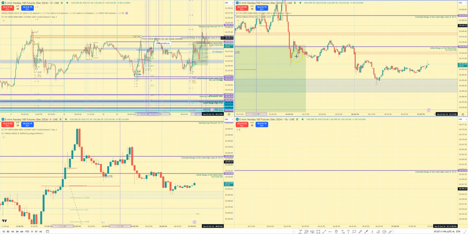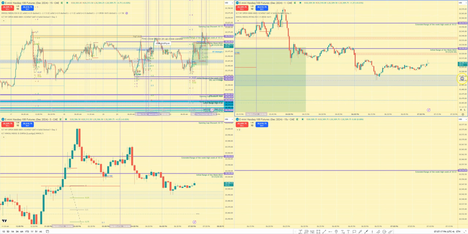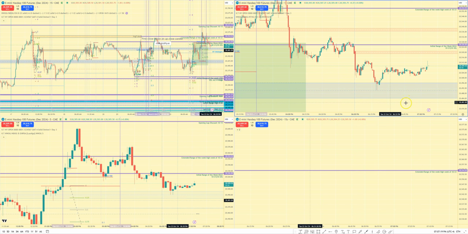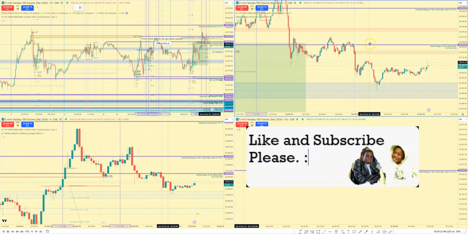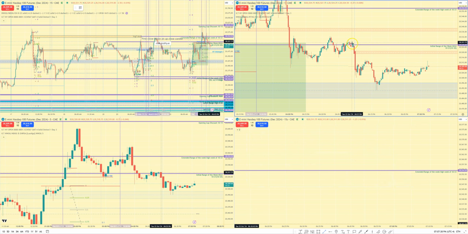All right, here goes the Asian session trade for the initial range model. So the mindset was set, right? I'm just gonna come to this point here, even though this is where the open is. This is the current range here to down here. This is the current range. This is the open here, but I'm just gonna come to